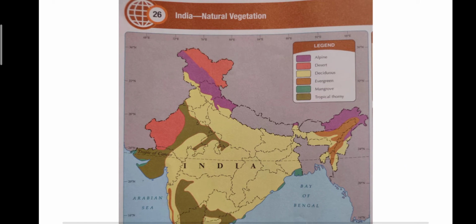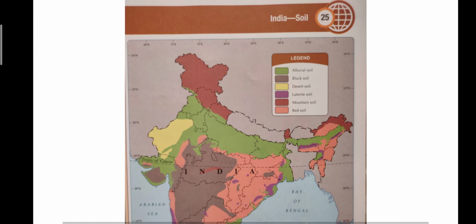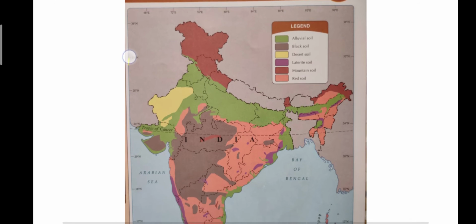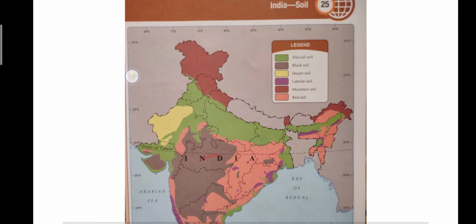So this is a thematic map which shows one specific information about the distribution at a time. And children, suitable titles are written on the top to show that this map will give you information about this thing. For example, here if you see at the top, it is clearly mentioning natural vegetation. So a title is given, natural vegetation, and then this map is describing the natural vegetation of India. So here also a suitable title, soil, is given, and this thematic map is showing us all the different types of soils which are present in India.